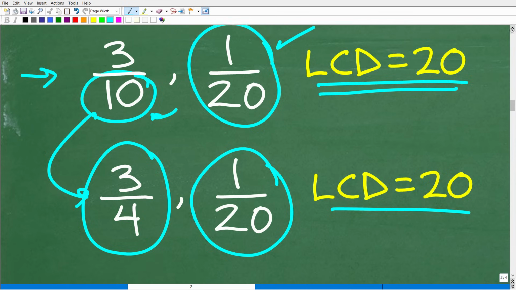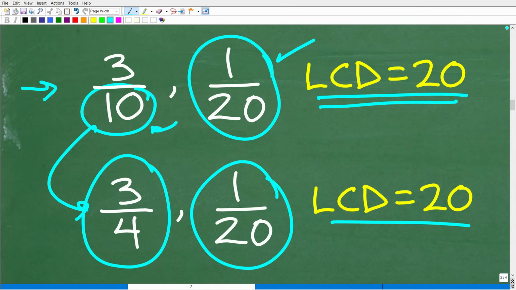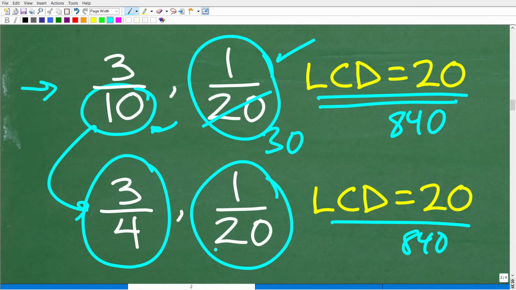Now, this is a kind of confusing problem, but this is what the question is asking. Okay, we have an LCD of 840, and we know that one of the fractions is 1 over 30. We're looking for a fraction with the lowest possible denominator. So even the question itself can be kind of confusing, but let's go ahead and take the next step, which